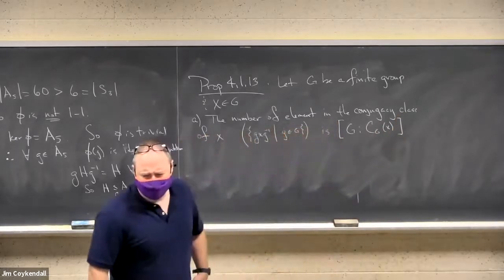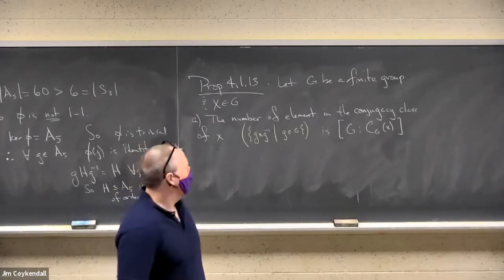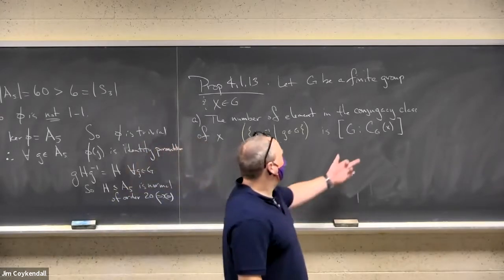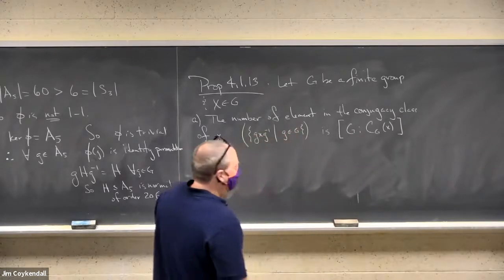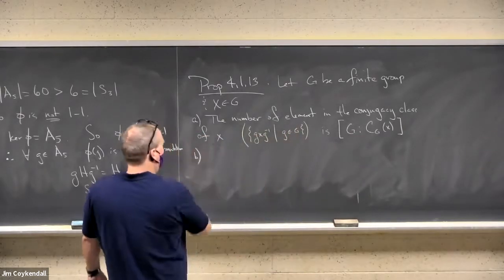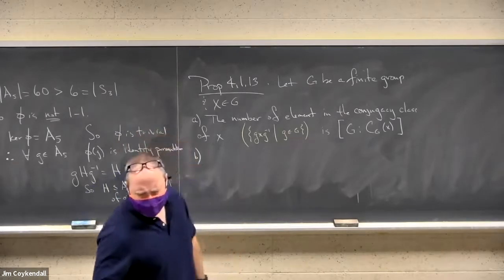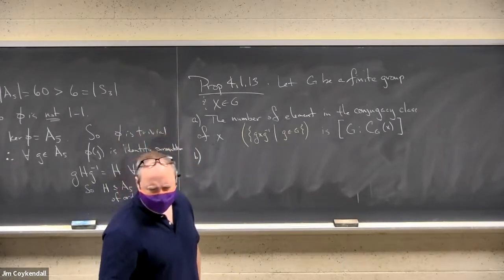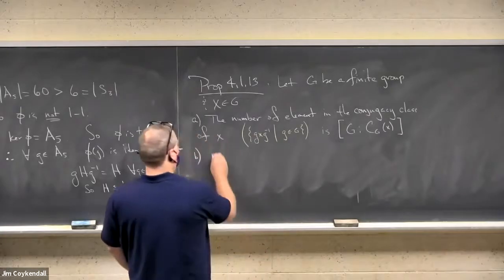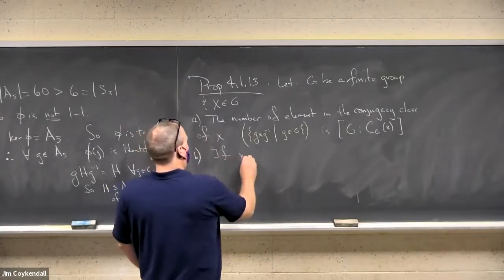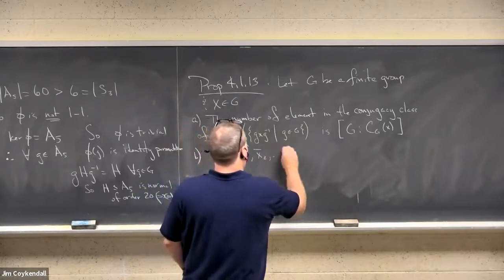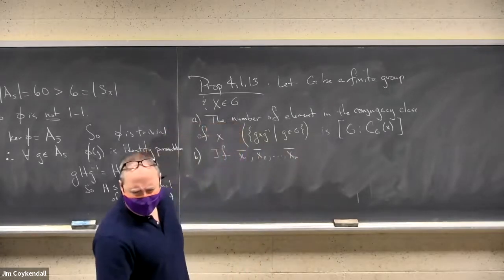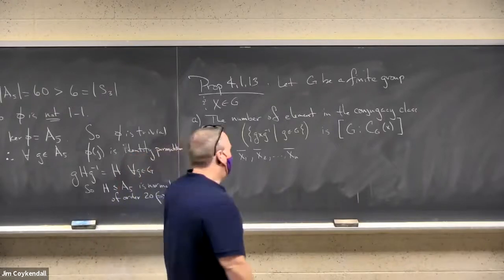It's the index of the centralizer in G of X. And notice this, of course, must divide the order of G. And if X1, X2, ... are the representatives of the conjugacy classes in G,